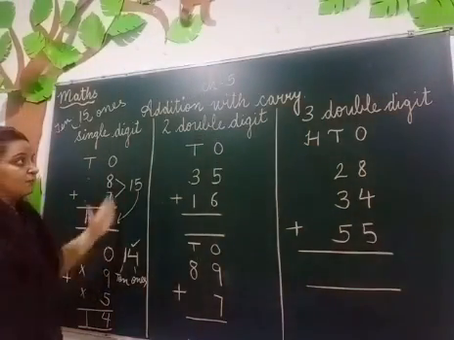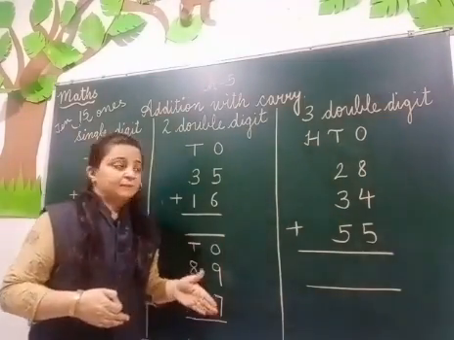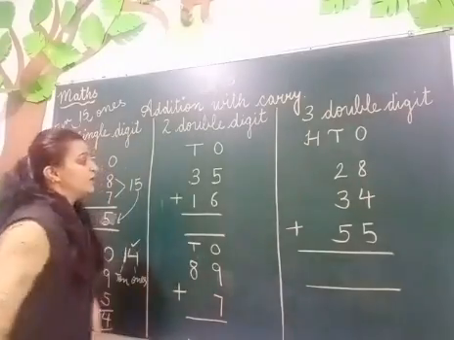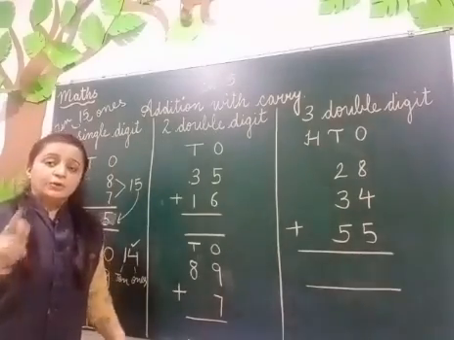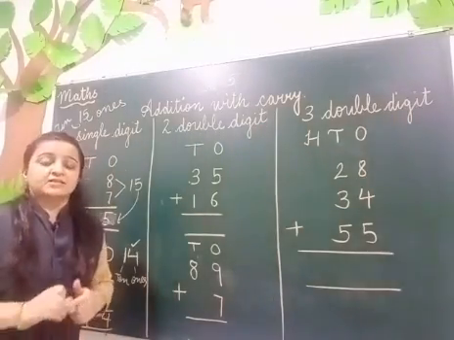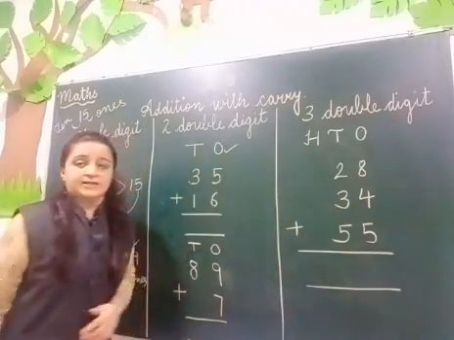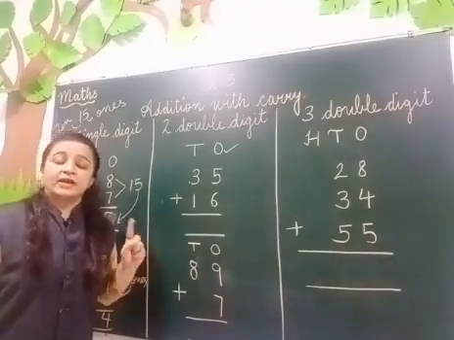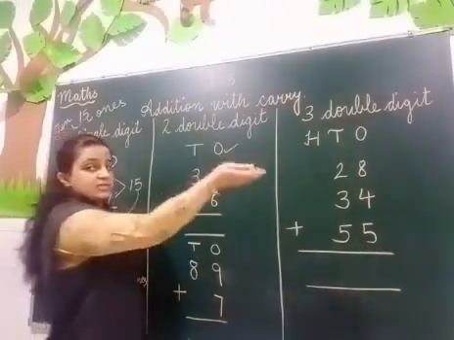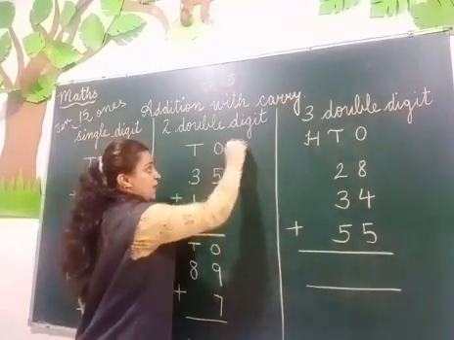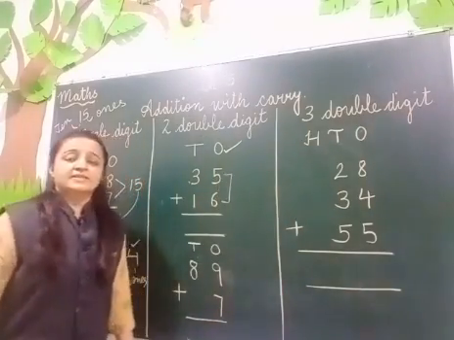Okay. Now we move on to double digit addition with carry. Okay? Now see here, what you have to do, you have to add 35 and 16. So you remember that and you know that always we start the addition and subtraction from the ones place. Never start the subtraction or addition from any other place except ones. Okay, Hamesha you have to start with your right, means ones place. Okay, now we will add 5 and 6.